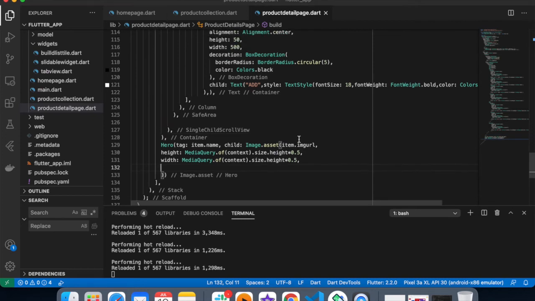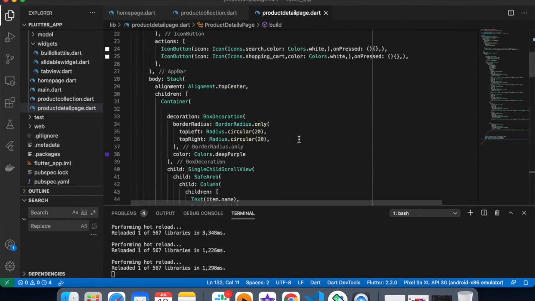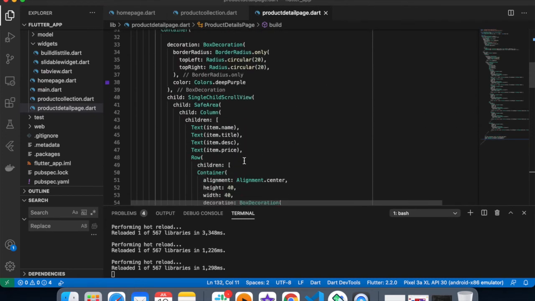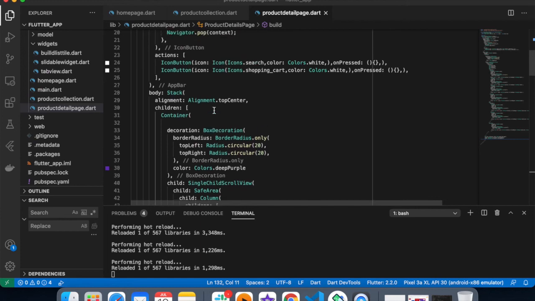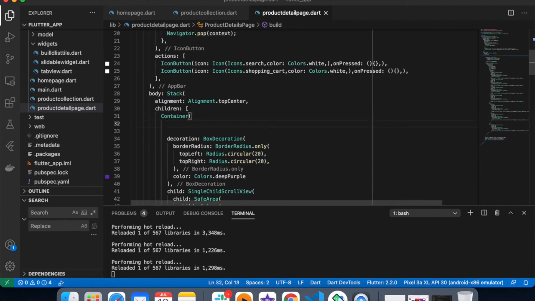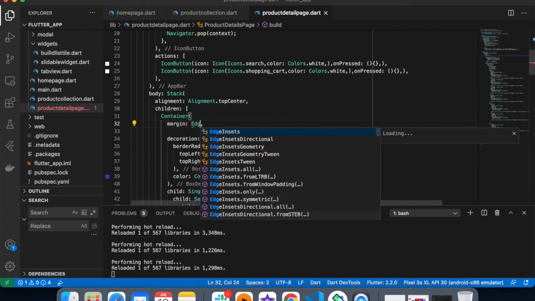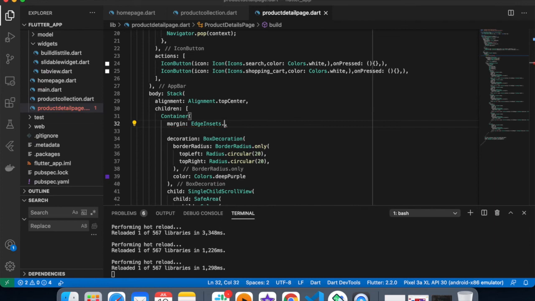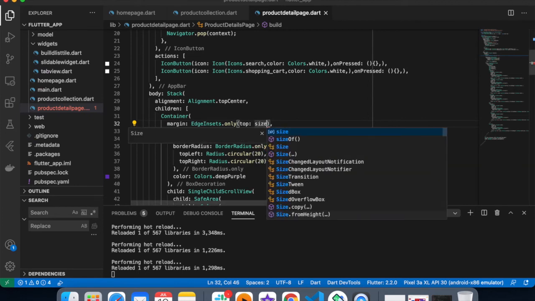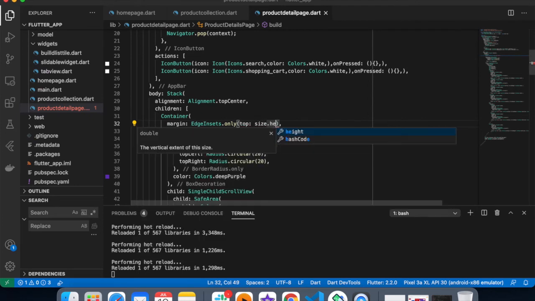So I think I have to wrap this container with this. This is my stack, and here I have to give margin, because I just want my container to be moved from this place, and that hero widget should take the exact position of that container.